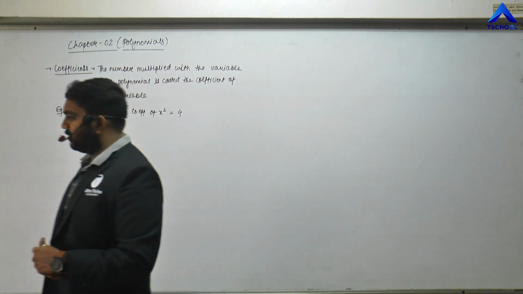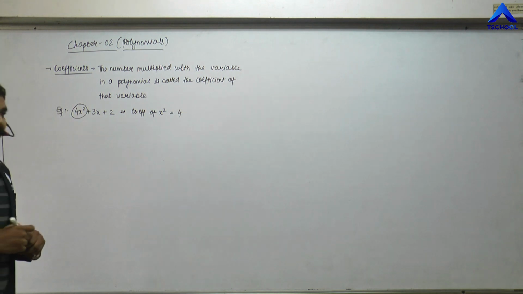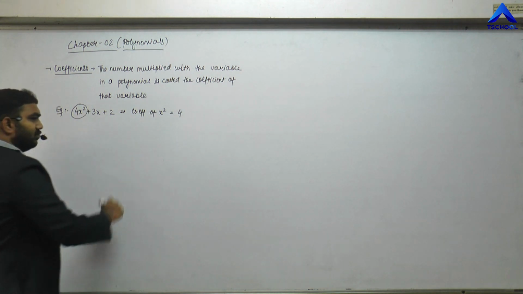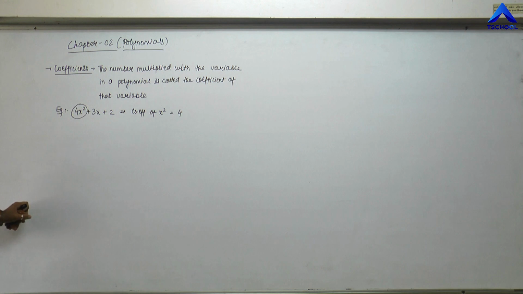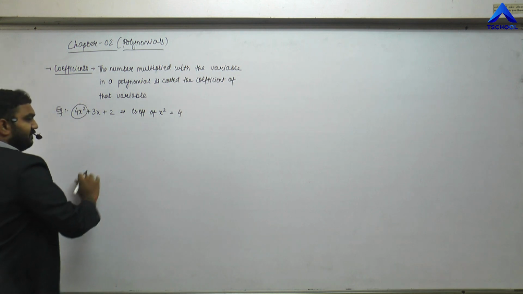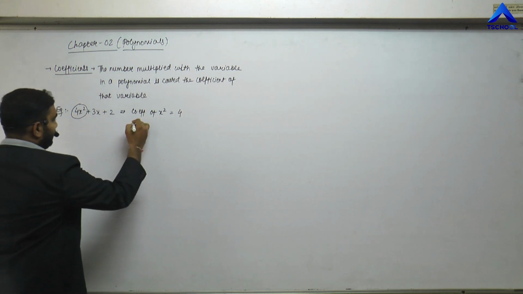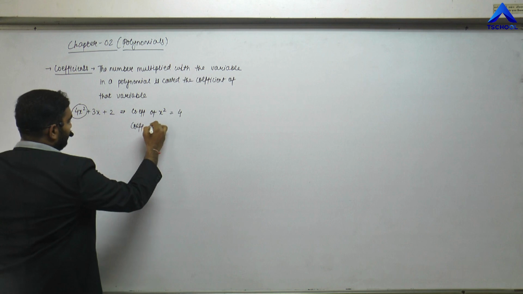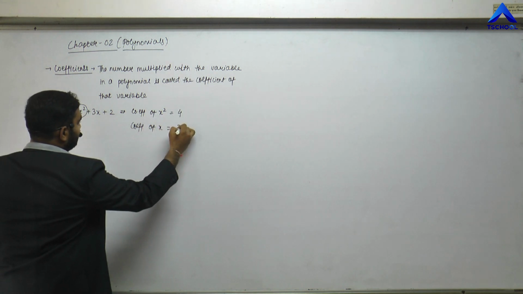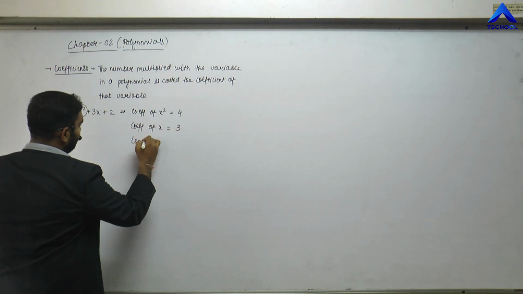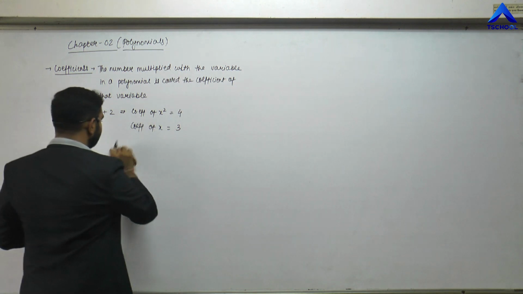So friends, the number multiplied with the variable x square is 4, or the number associated with the variable x square is 4, so that is 4x square. Similarly, the coefficient of x is 3, and the constant term